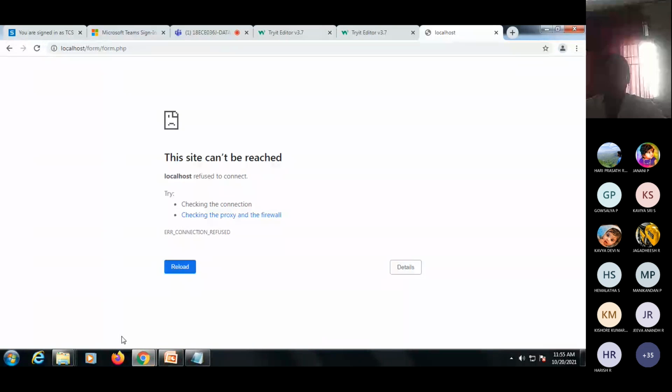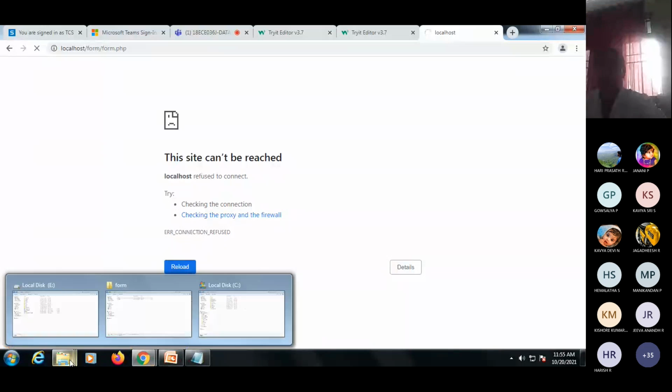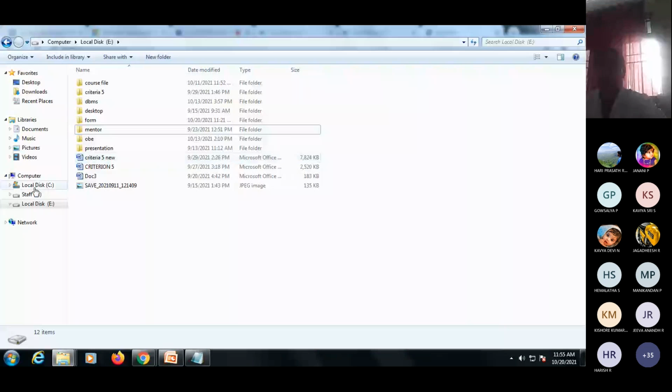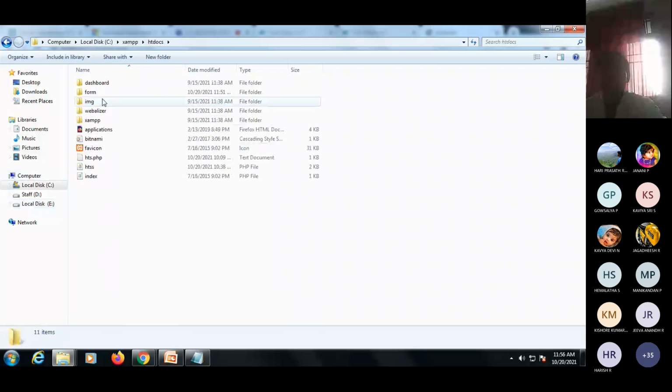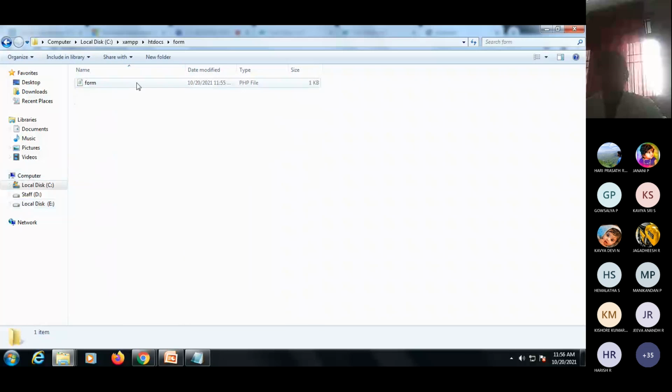Wait a minute. So localhost, then XAMPP, then htdocs, then form. The form files are there. I'm just going to check.